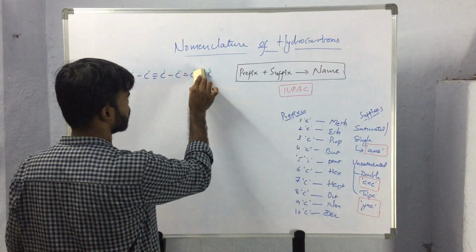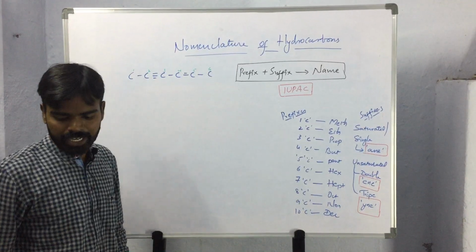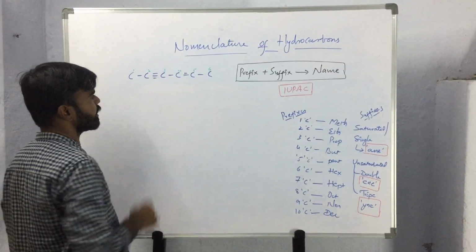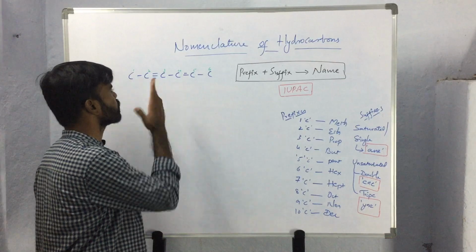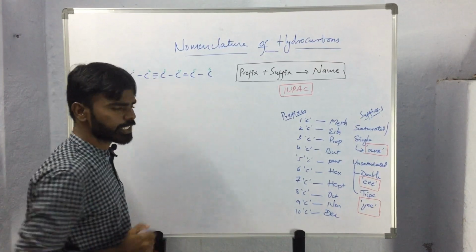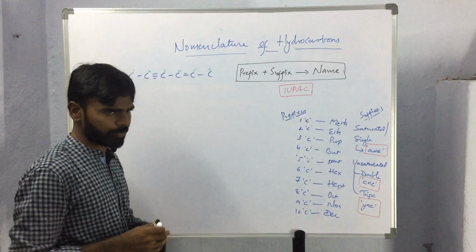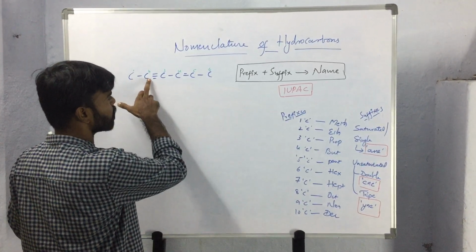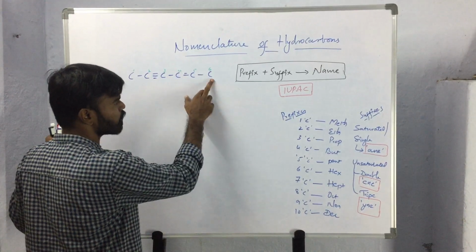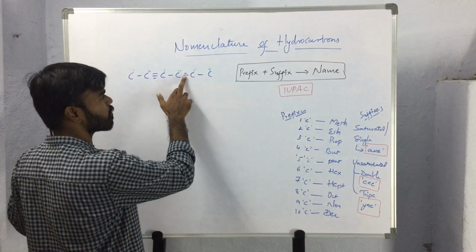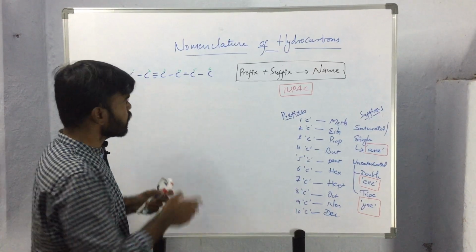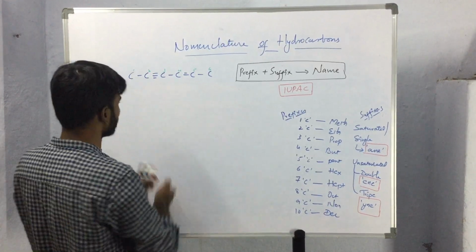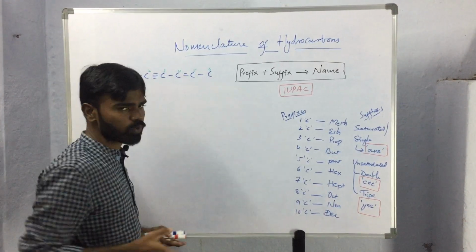So this type of unsaturations we will be calling as combined unsaturations. So here in this case, which unsaturation will be given the first priority? Because here, if we start numbering from this carbon atom, the second carbon atom is having unsaturation. From this carbon atom, if we start numbering, again the second carbon is having unsaturation. So if it is a triple bond, that won't be a problem, because both are the same type of unsaturations. So if we start from here or from here, that won't be a problem.